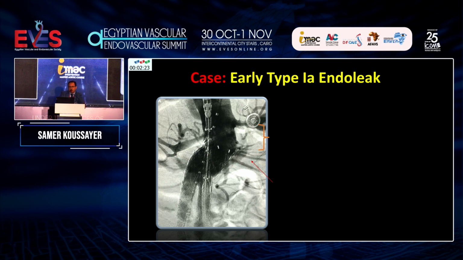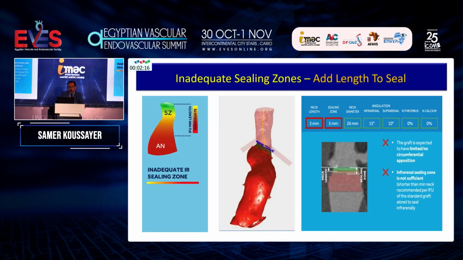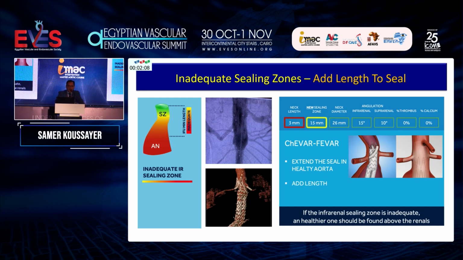This is one of our patients who came for follow-up after a couple of years. He came with type 1 endoleak because of neck dilatation, and the device moved down. So we had to put a cuff with endo anchors, and we got a good result. But if the distance between the renal and the graft is very short, then you have no space for endo anchors or cuff. Then you have to go suprarenal, and you have this choice between CVAR and BVAR.